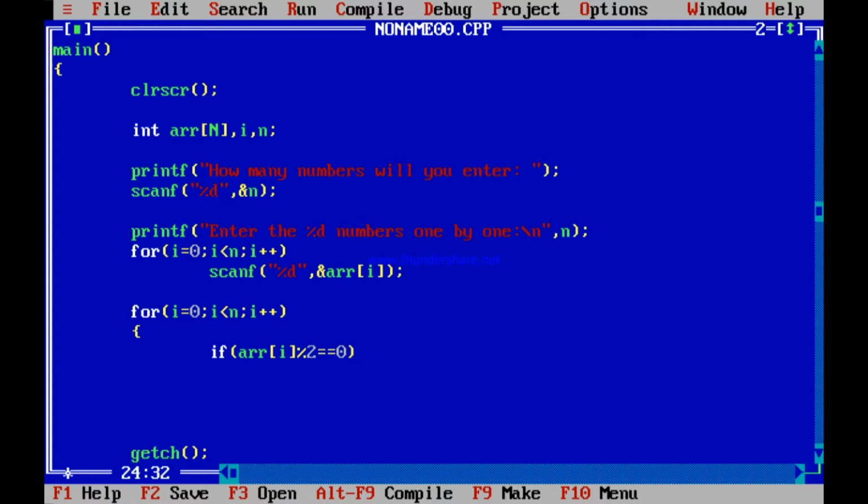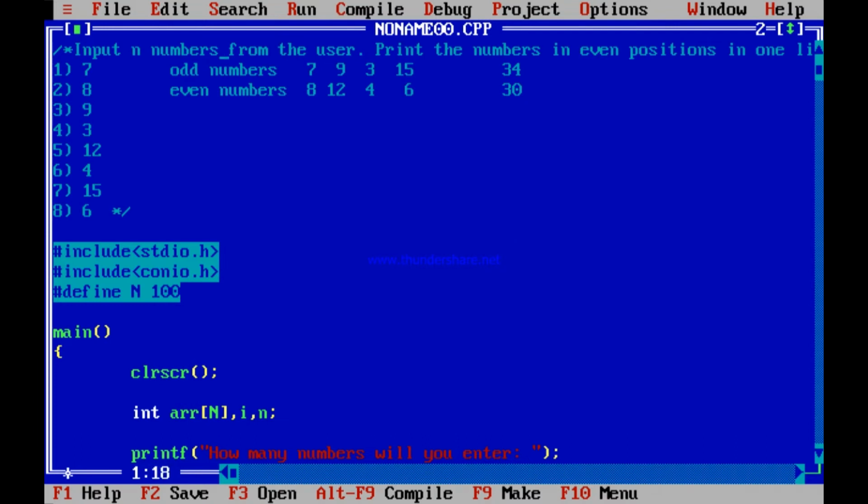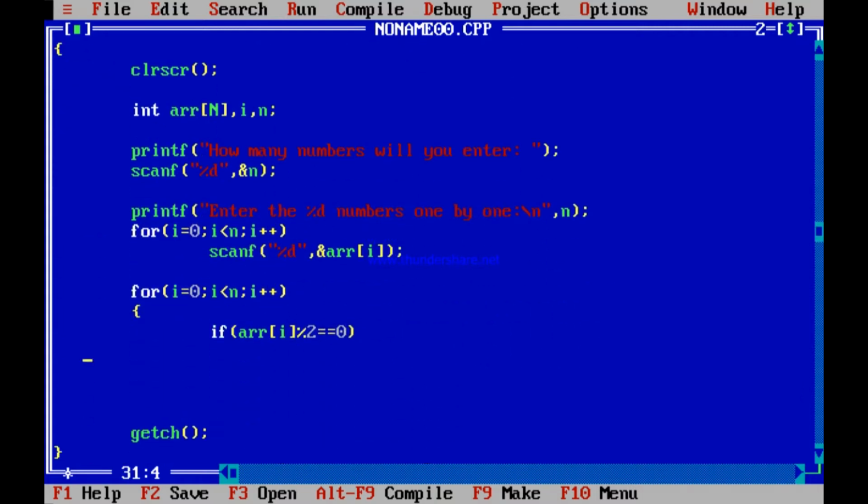You check from this example, ARR I is 0. So you are getting hold of ARR I, 7 % 2. If it is 0, it is an even number, but 7 % 2 will be a 1, so it is an odd number. What will you do? You will add it to the odd number sum. So over here, what will you do immediately? It is equal to 0. In that case, it is even. So even sum will have ARR I added to it.